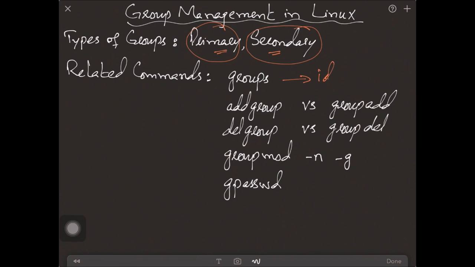The id command was used to display the identification or ID information of the user, and the groups command is used to display the list of the groups of which the logged in user is a member. You can give a name here as well. Similarly, we can use groupadd or addgroup to add a group. We can use delgroup to delete a group, and groupmod to change the name of a group. -n is used to change the name of the group, and -g is used to change the GID of the group. And probably gpasswd, I have already discussed that you can use gpasswd, which is the equivalent of